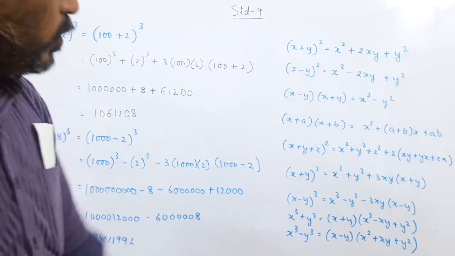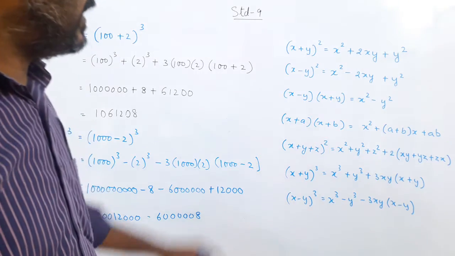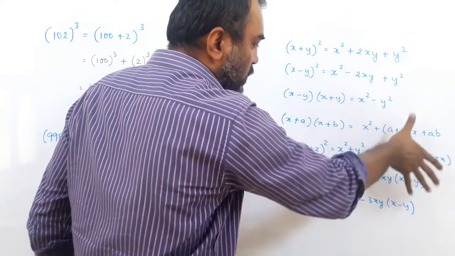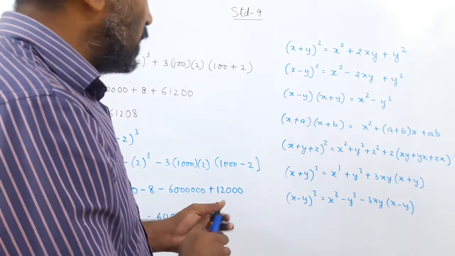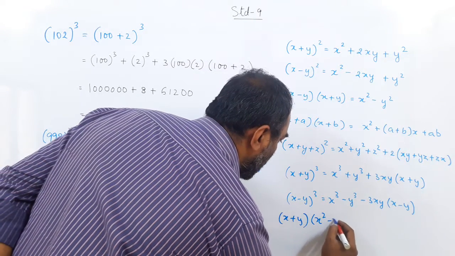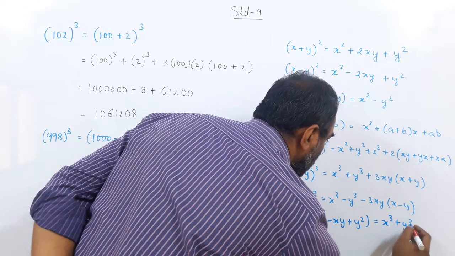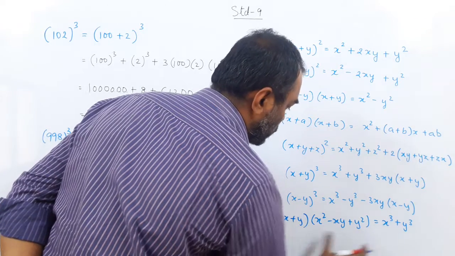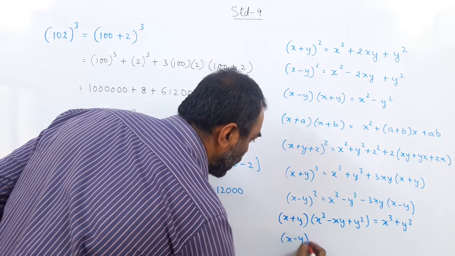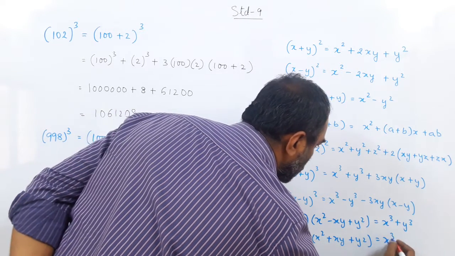Okay, so what should I actually do? I should write it the other way around. Because till now, I have written the formula and expanded into this, then this expansion factorizes back to this. So here I should write the expansion on this side. x plus y into x square minus xy plus y square should give me x cube plus y cube. So this is the expansion, this is the multiplication giving this, so this factors into this. And x minus y into x square plus xy plus y square gives me x cube minus y cube.